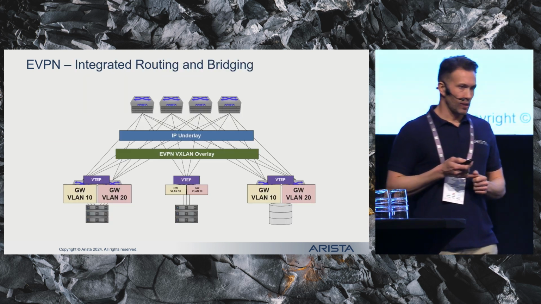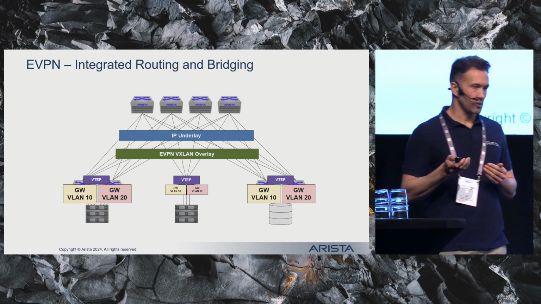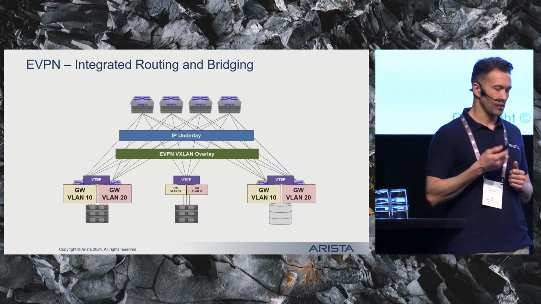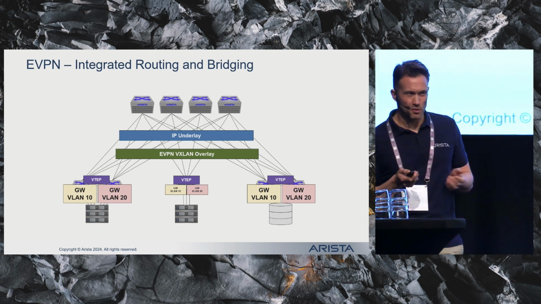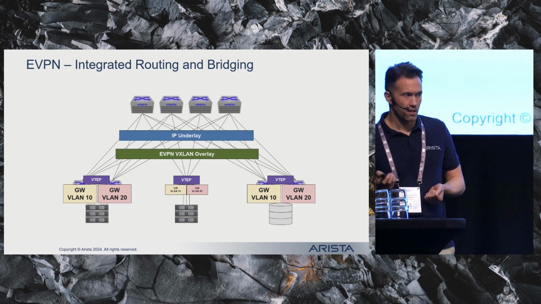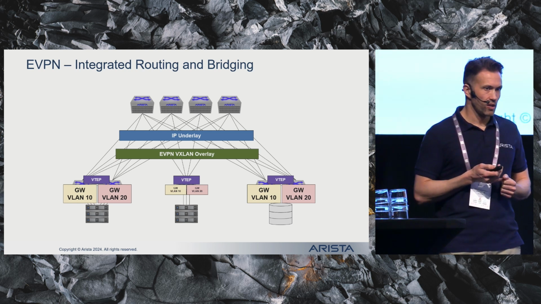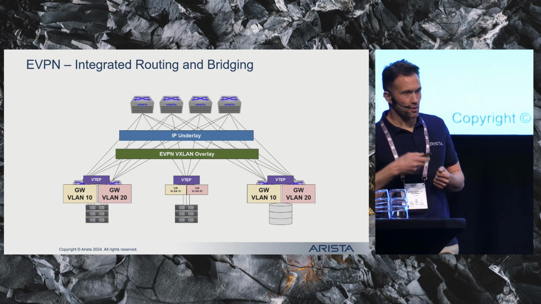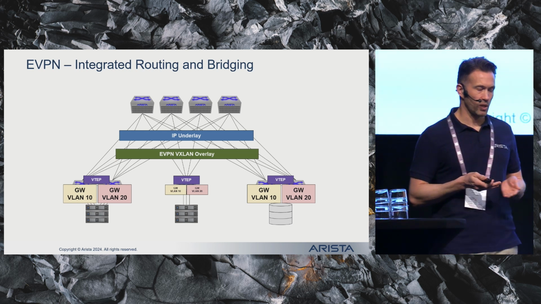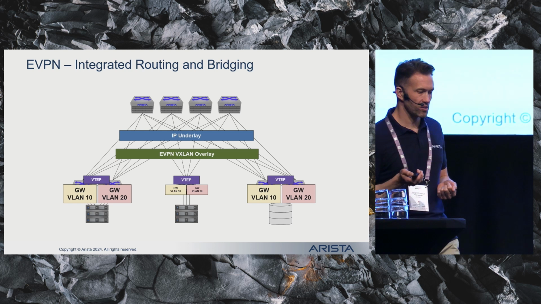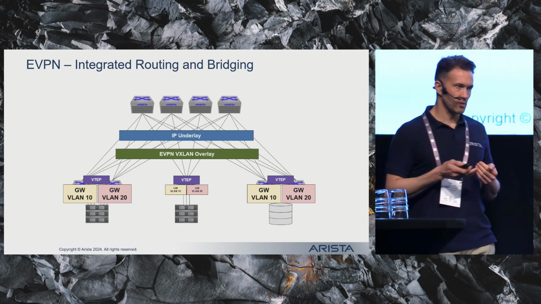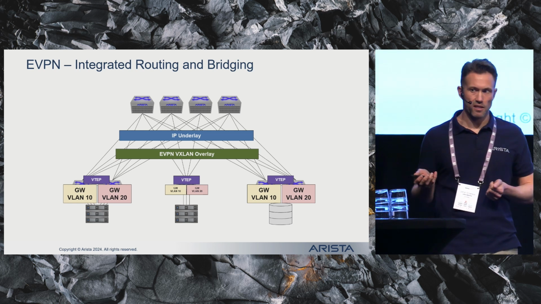The integrated routing and bridging concept introduced mechanisms for routing between subnets on a switch. In legacy data centers, you typically had a central point where you did your routing between subnets. Could be, for example, a firewall. So traffic had to go to and from that firewall, even if you had to do routing between subnets on the same switch. So very non-optimal traffic paths. IRB is all about making the traffic paths optimal, so you always take the shortest path between your source and destination.